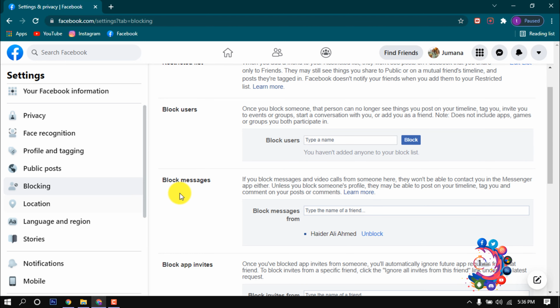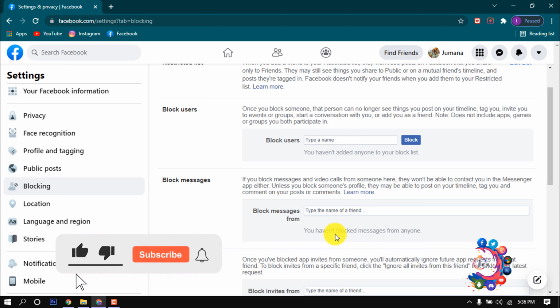And block messages means if you block someone in your Messenger, then those IDs will show up here. To unblock someone from your Messenger, simply click on this unblock. This is how we can unblock someone on